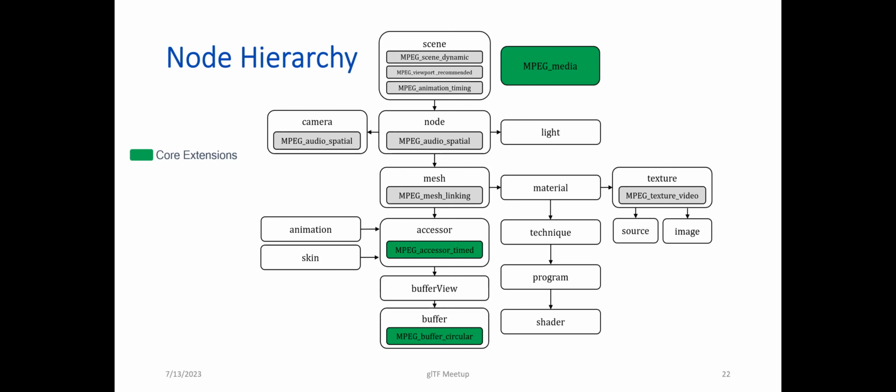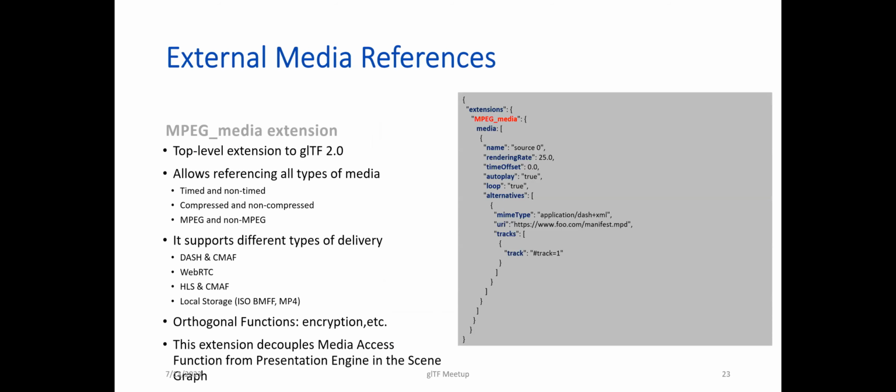That, in a sense, also leads into a buffer that is dynamic. So we call it buffer circular, referencing the design of a circular buffer where you have simultaneous read and write operations. The media access function would be writing into the buffer at the same time the presentation engine will be reading from it, and this simultaneous access has to be regulated through this circular buffer.